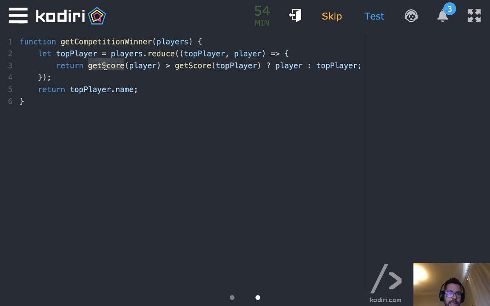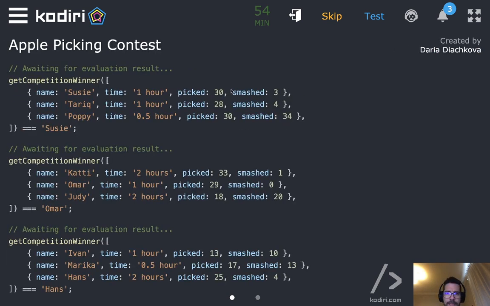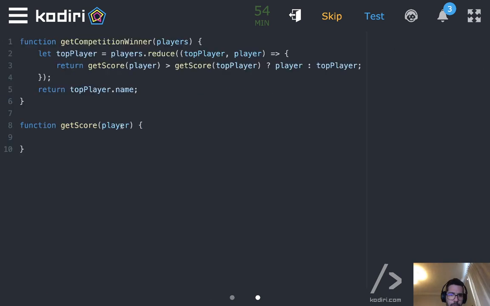Now obviously it's up to us to build the getScore function. Let's create a new method at the bottom, getScore, that receives the player. Then we need to deal with pick, smash, and time. We can even destructure it if you want: pick, smash, and time.